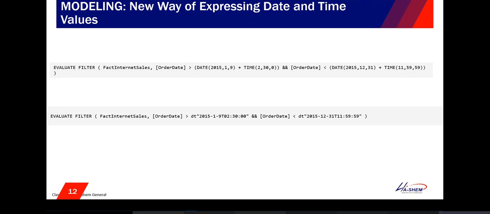Previously, if you wanted to show your date and time, you first of all had to write the date expression, and then you would include the time expression. But with this new feature, you can